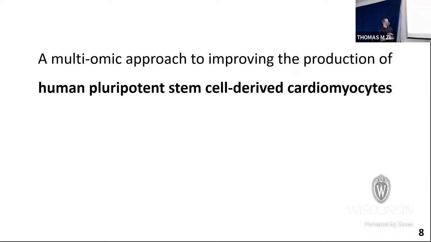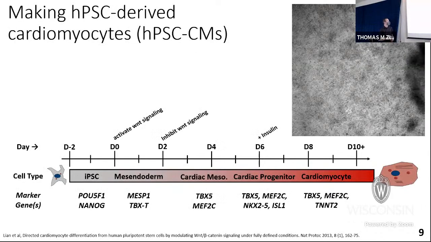Now, I've mentioned a little bit how we can make these pluripotent stem cells, and then how do we actually take these all the way down specifically to cardiomyocytes, our cell type of interest. So a protocol developed in our lab almost a decade ago now. Basically, we try to follow the standard developmental trajectory. So exactly how the heart would develop in the human body, we try to mimic that.